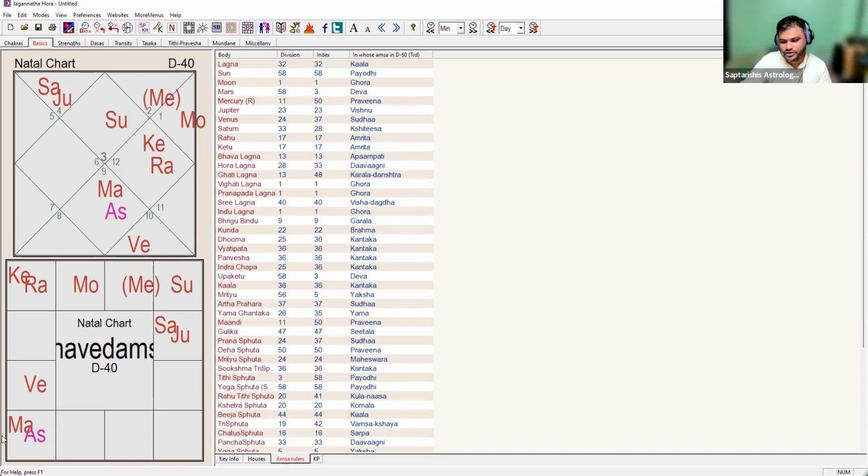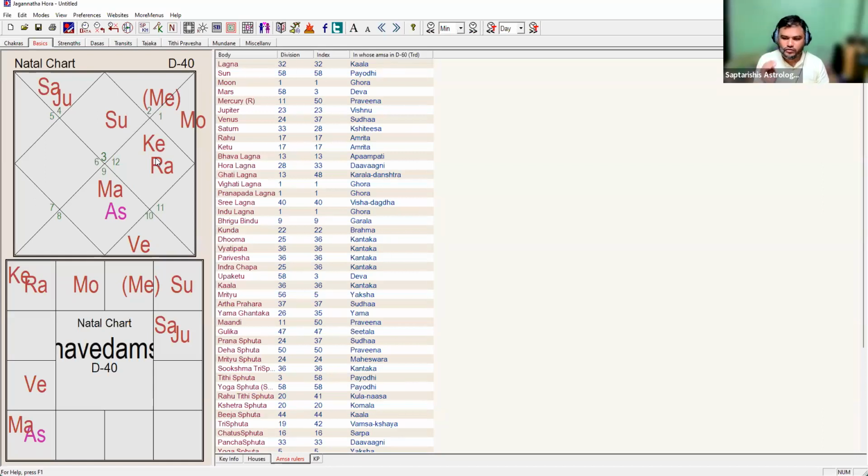So that's why don't take it as a house system here. Take yoga. Rahu and Ketu both can create yoga. That is possible in divisional charts only. But you have to understand, this is a problem with this diagram. If you don't have this diagram, then you can easily understand that Rahu is in Pisces Amsha, the Meena Amsha in D40, and Ketu is also in the Meena Amsha. It means Rahu and Ketu can both have the properties of Meena. This is how we interpret. In Saravali or in Sarvartha Chintamani, if you read, they give you these kinds of yogas.